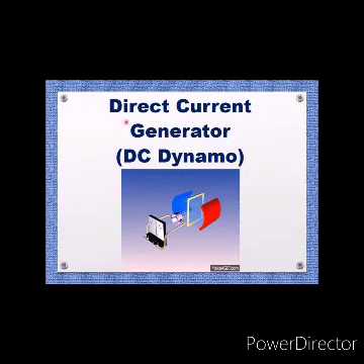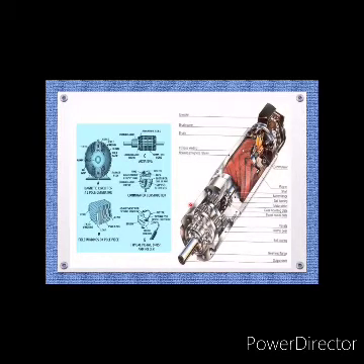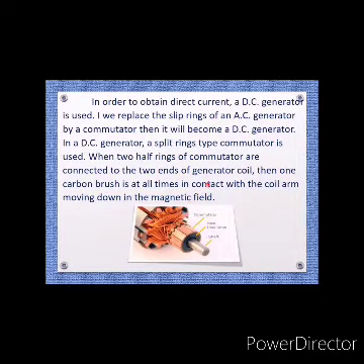Now, let us know about the direct current generator, that is the DC generator. It also works on the principle of electromagnetic induction, and it is also a device which converts mechanical energy into electrical energy. So here, this is a commercially available DC generator, children. Now, in order to obtain a DC current, a DC generator is used. As the name itself suggests, it is a direct current, where throughout the cycle the current does not change